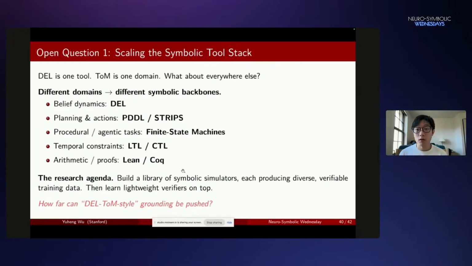So DEL is one tool, right? Theorem proving is one domain. What about everyone else? We can scale this kind of symbolic tool stack. For belief dynamics, we have DEL, and for agentic tasks, we have finite state machines. For temporal constraints, we have other modal logic. For arithmetic, we have Lean, something like that. So it seems that we can build a library of symbolic